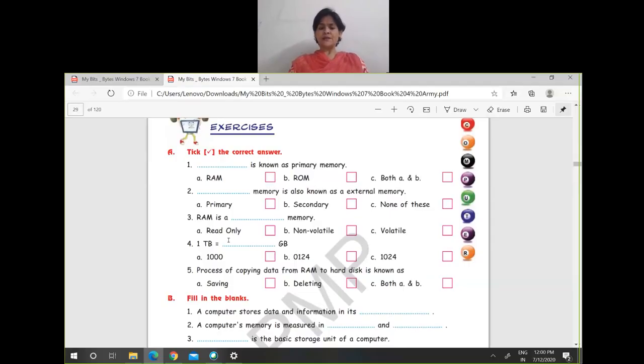Next is 1 terabyte is equal to how many gigabytes? 1024. That is answer C. Process of copying data from RAM to hard disk